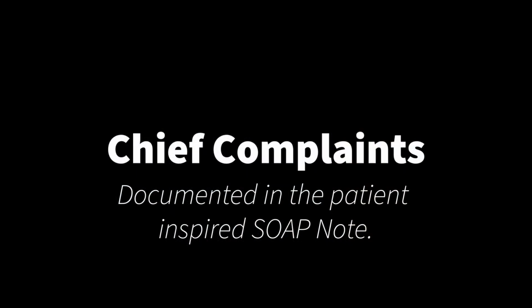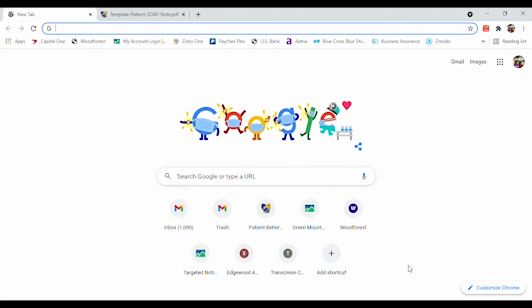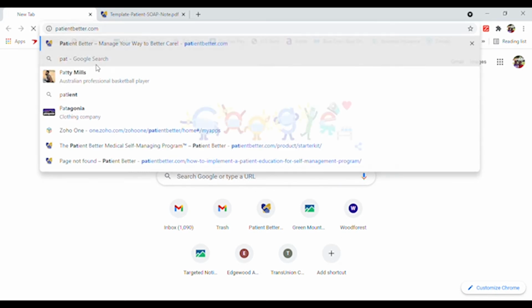Now let's document our own chief complaints. All right, welcome back everybody. So now we're going to go to the Patient Better SOAP note. This SOAP note is specifically created for everyday people to communicate with health professionals. You will see that this SOAP note likens itself to the healthcare professional SOAP note for easy understanding and communicating for both parties. All you do, key in the Patient Better website,